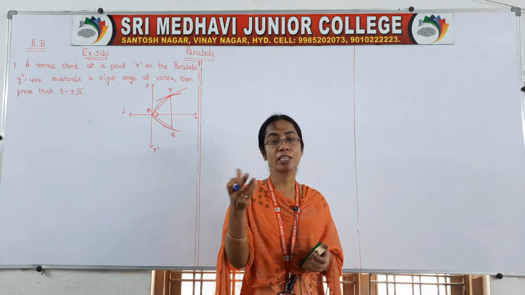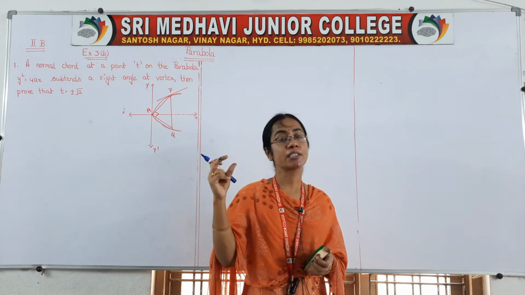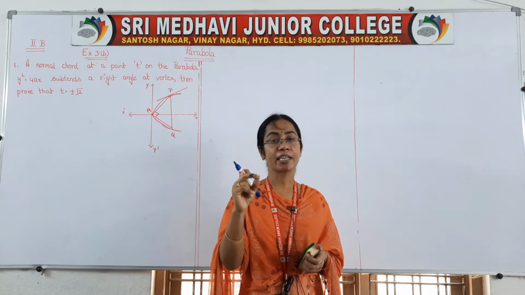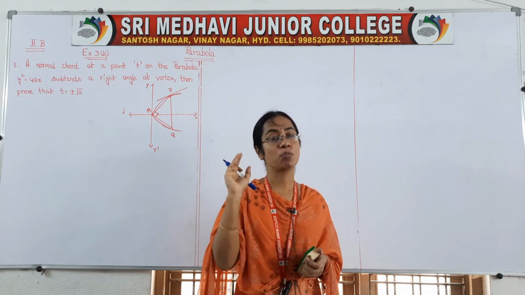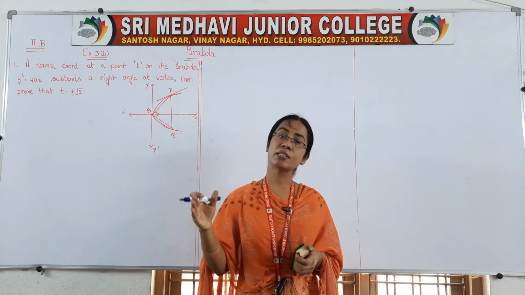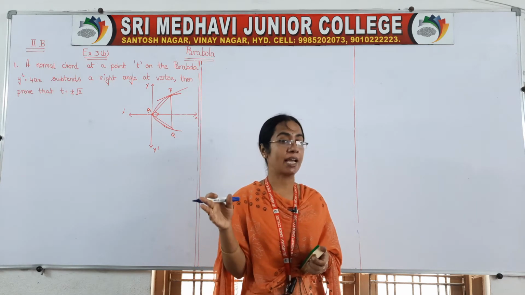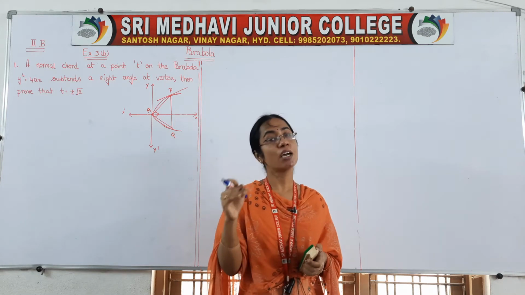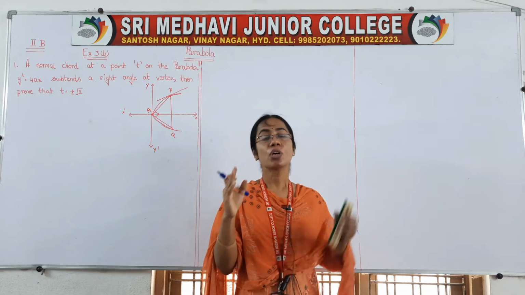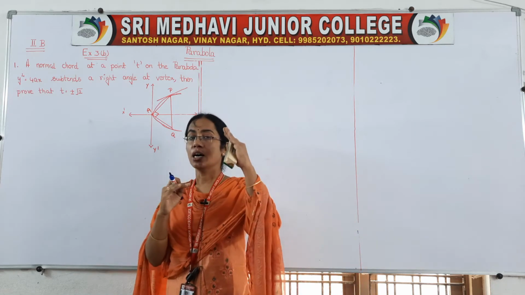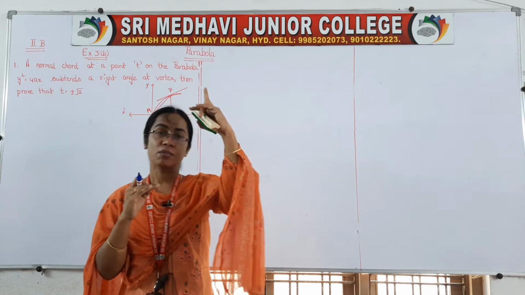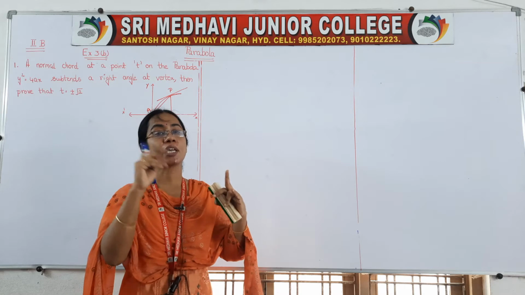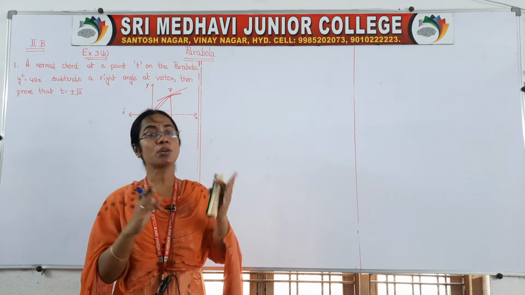So a parabola is nothing but a curve, and here it is given that the normal chord subtends a right angle at the vertex of the parabola. Normal chord means the line which is perpendicular to the tangent, right? That line subtends a right angle at the vertex. So that means the normal chord's first point and last point, if we take them as P and Q, then AP and AQ are perpendicular to each other.